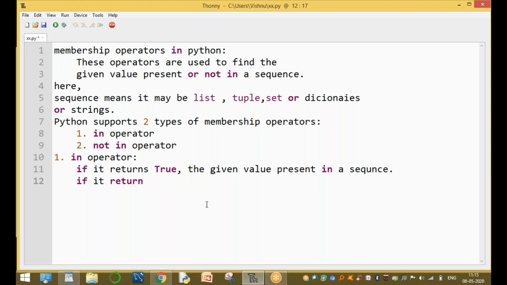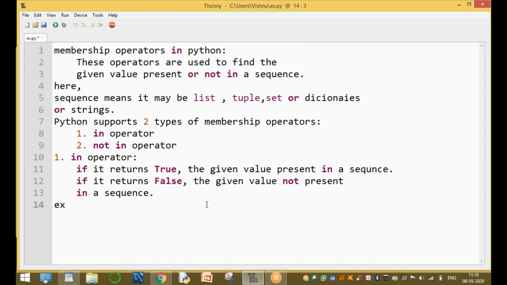If it returns false, the given value is not present in a sequence. Clear, everyone? For example, if it is present, true. If it is not present, false.